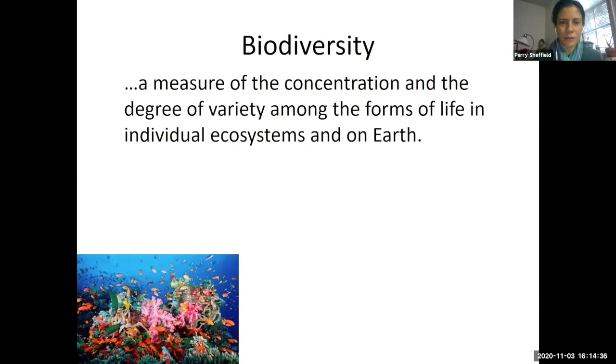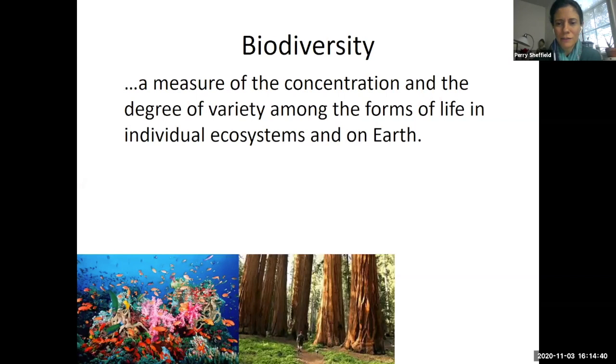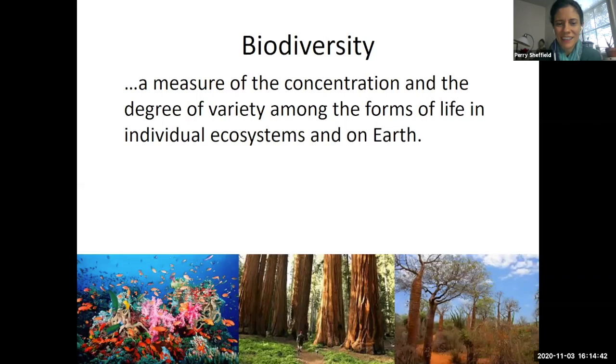And I want to drill down a little bit into ecosystems. Each of these photos shows a different ecosystem. And again, thank you all for being game for this. Could you chat in if you recognize any of these ecosystems? There's the aquatic one. There's the very tall tree one. And then there's a desert one. Here comes the redwood forest, coral reef.